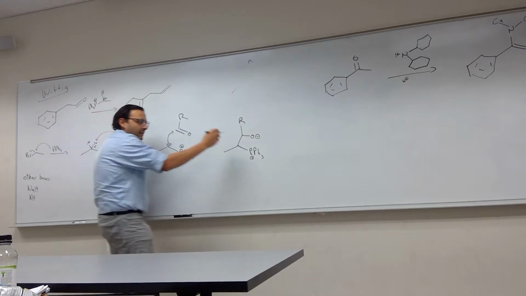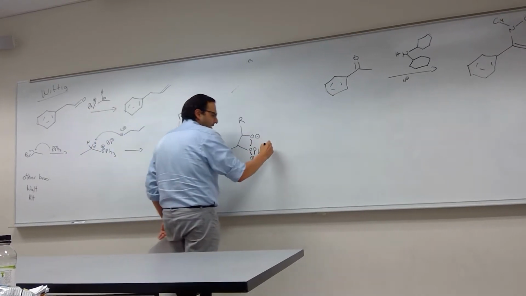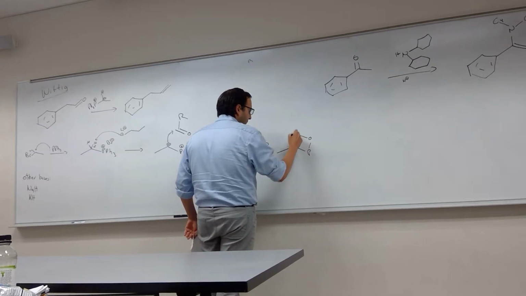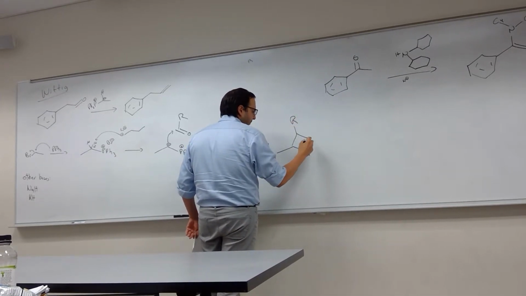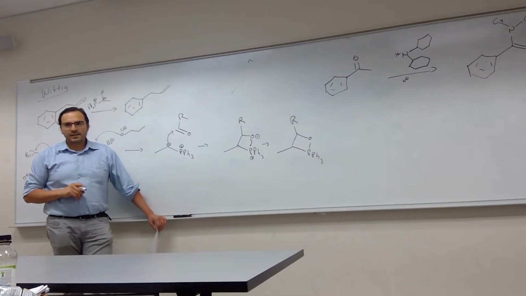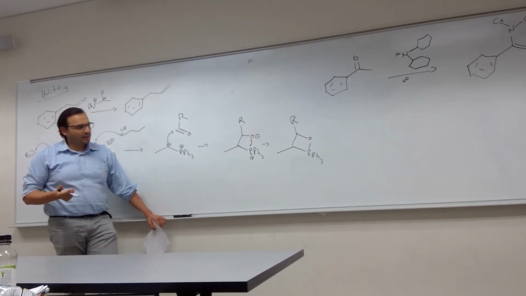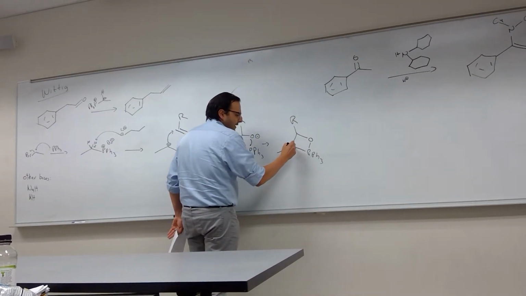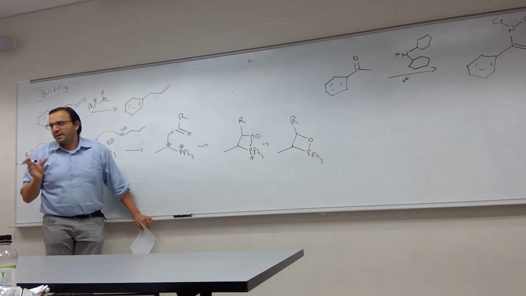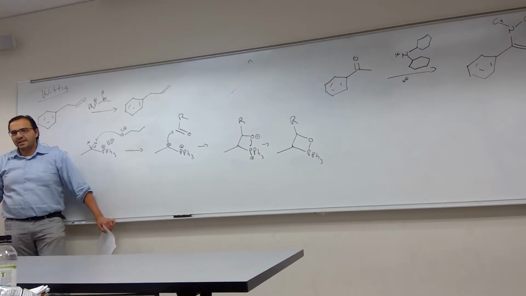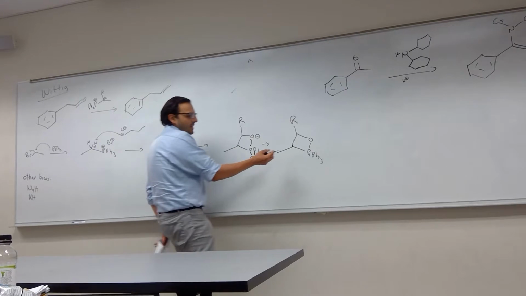It's not concerted. It cyclizes. Alright, so that's the idea. And then basically this is chemistry very reminiscent, or at least the mechanism is very similar, to ring closing metathesis. So in this particular case,